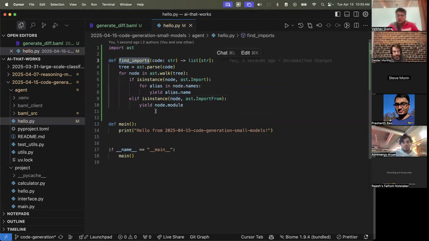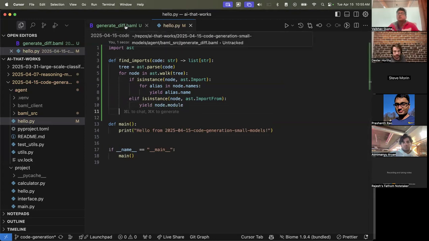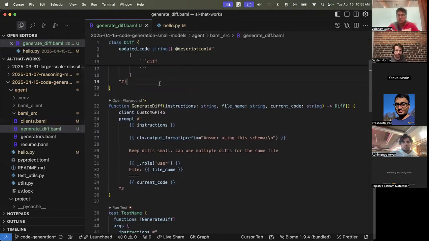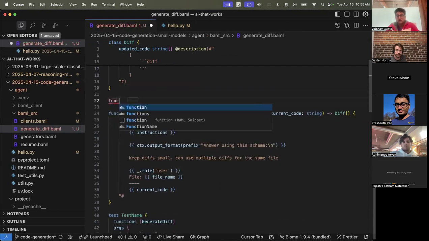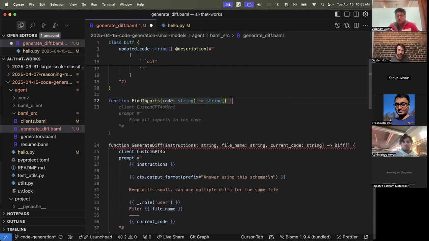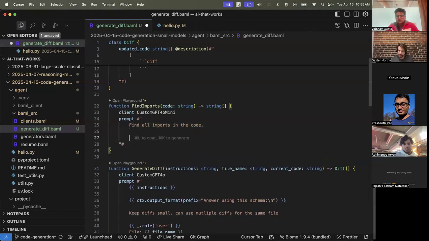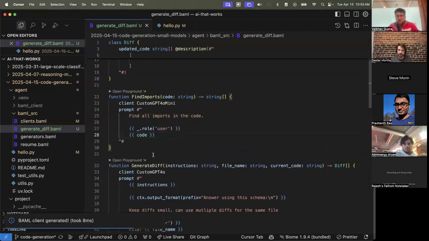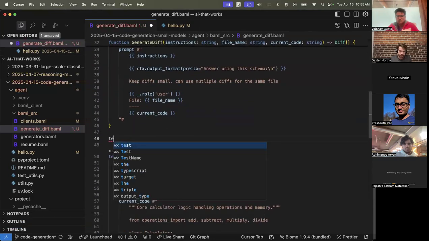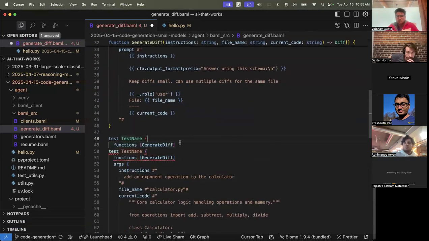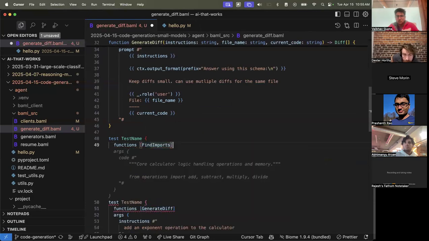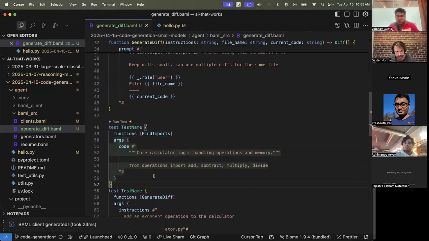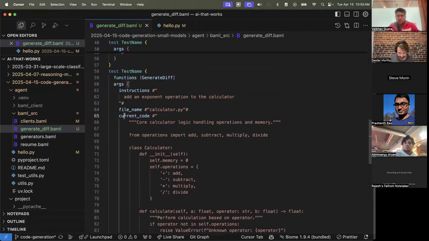Now, the other thing, and I can run this code if people are curious. The other thing you're able to do is I could also generate this from actual code as well. Function find imports. And let's just go write this test. If I give it the same code that I have down below,